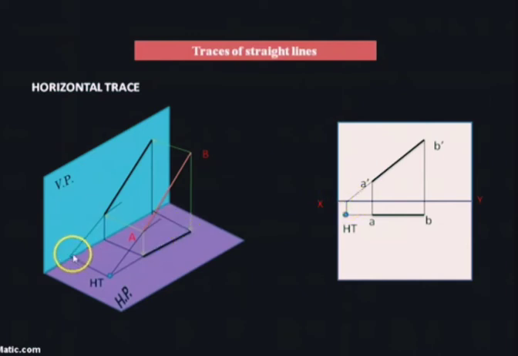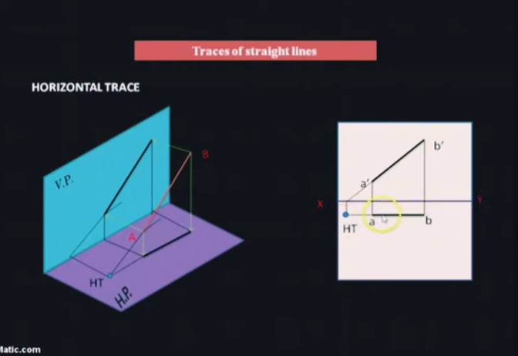After that we have drawn a constructional line on the horizontal plane. That means when you rotate it, it will become below the xy reference line. Similarly, draw a vertical line below the xy reference line. Then we have extended the top view until it intersects the common intersecting point, that is the horizontal trace. You understand these constructional lines. By using these constructional lines we will be representing the horizontal trace on a drawing sheet.